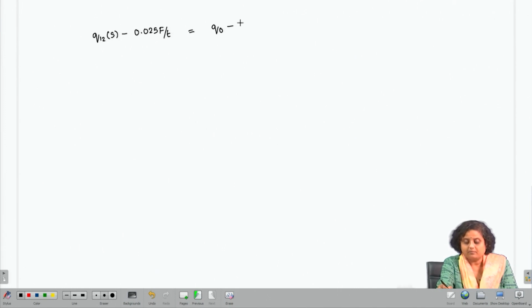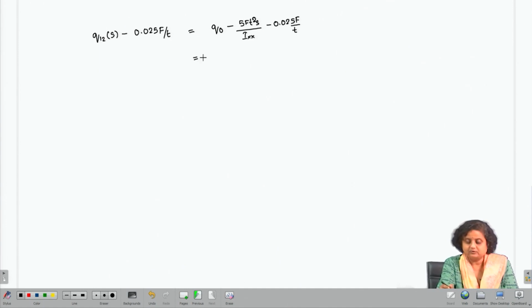Q12 is Q0 minus 5 F T square S by Ixx minus 0.025 F by T,